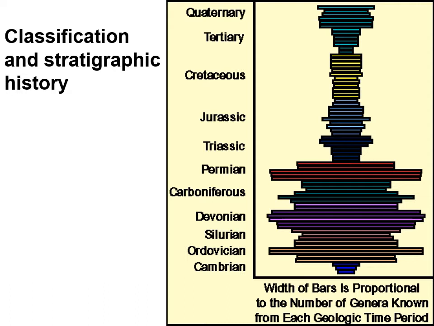If we look at the distribution and classification of brachiopods, we can see that they got a very good, strong start in the Ordovician. We have the width of the bars here looking at numbers of genera. So we have lots in the Ordovician, and then we lose some at the end of the Ordovician. We see a big bounce back in the Devonian, another bounce in the Carboniferous, quite a lot in the Permian,